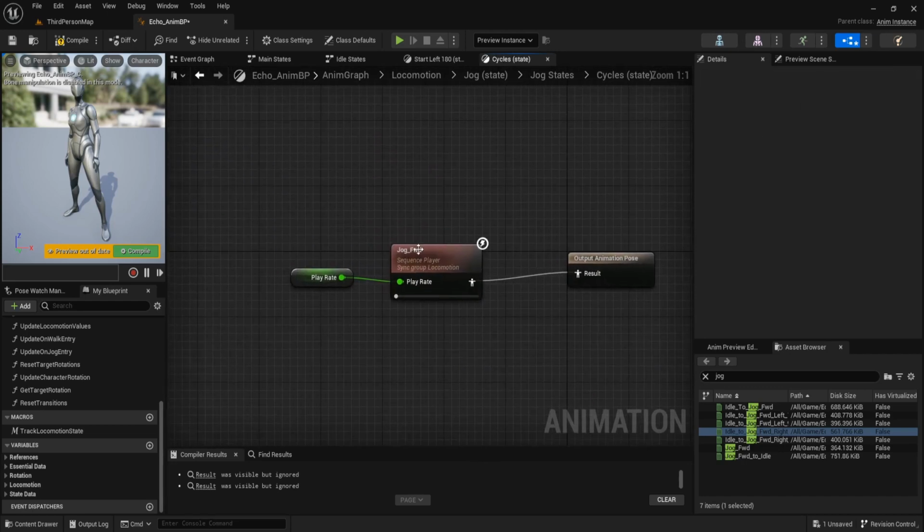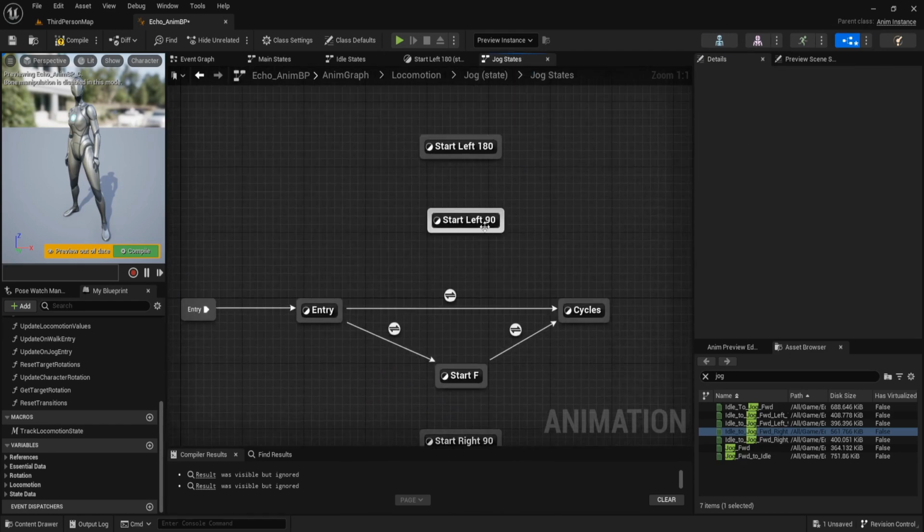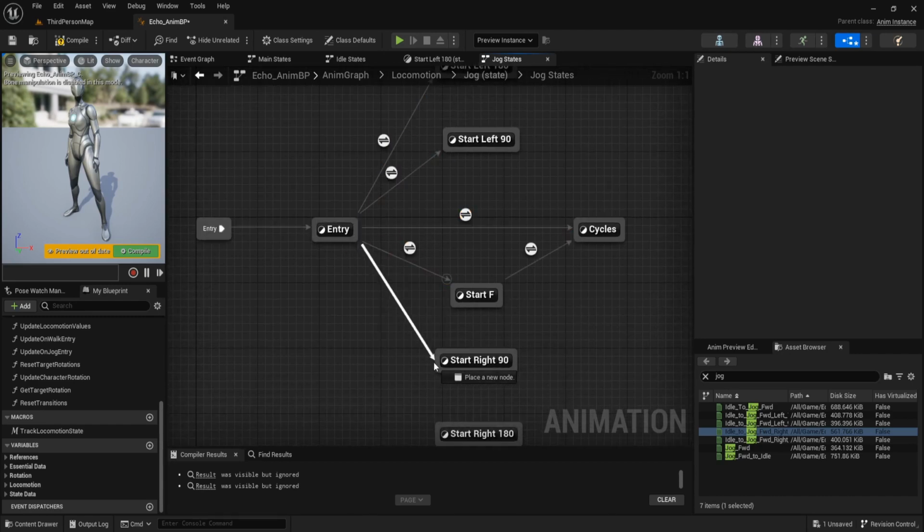And this cycle jog forward, we set it to loop animation. And connect this, make transition to the start jog animation.